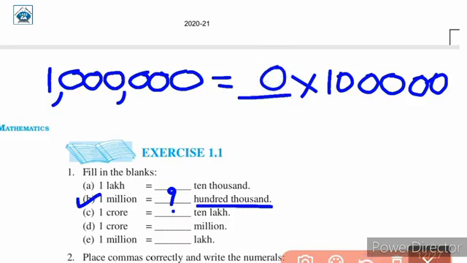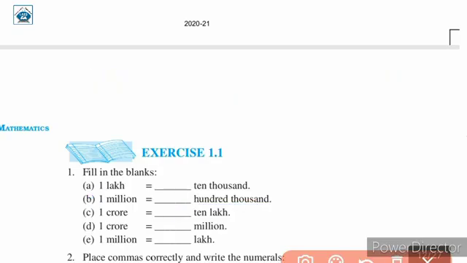We will not multiply by 0, because the answer would be 0. So we will multiply it with 10, 1 followed by a 0. Now when you multiply these two, you will get 1 followed by 6 zeros, which we read as 1 million according to the International System of Numeration. So what will you write in the blank space? Here we will have 10. Similarly, in the first blank also the answer was 10. 1 lakh is equal to 10 times 10,000 and here we got 1 million is equal to 10 times 100,000.